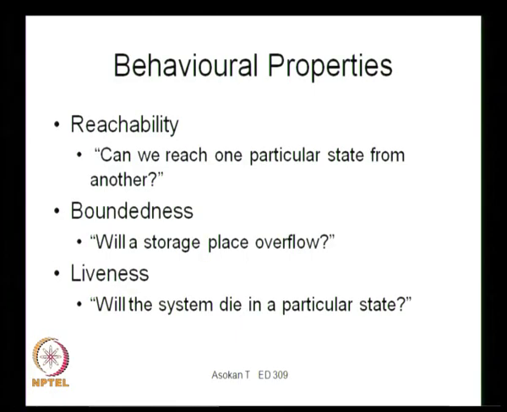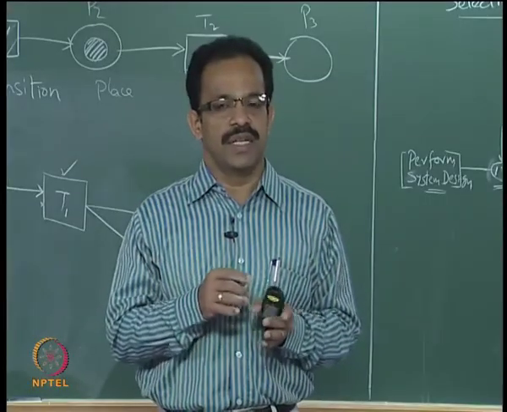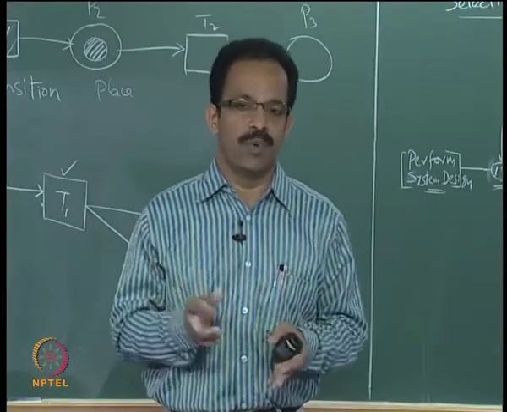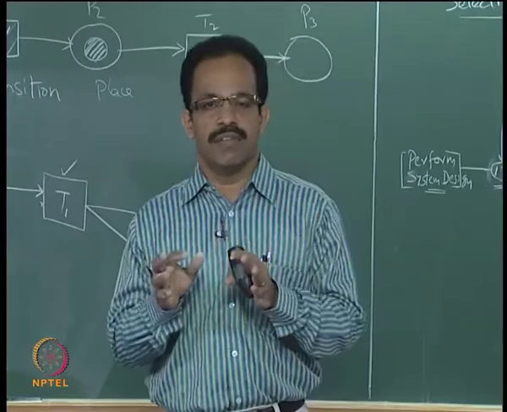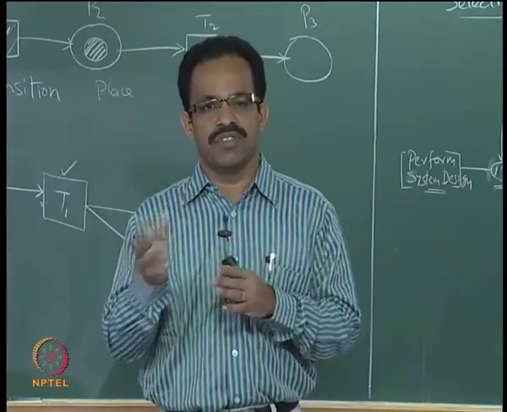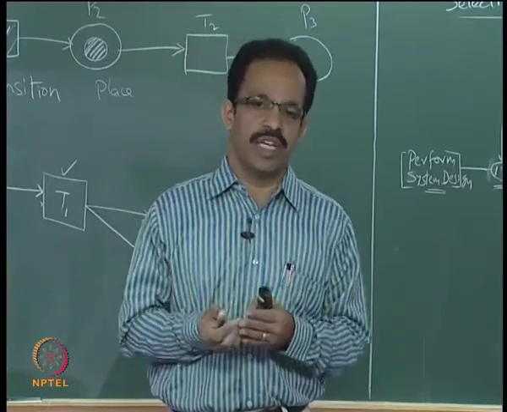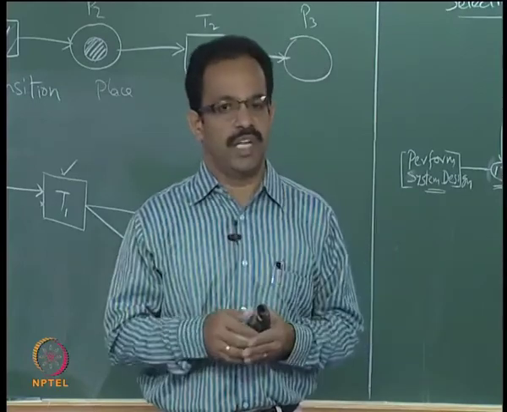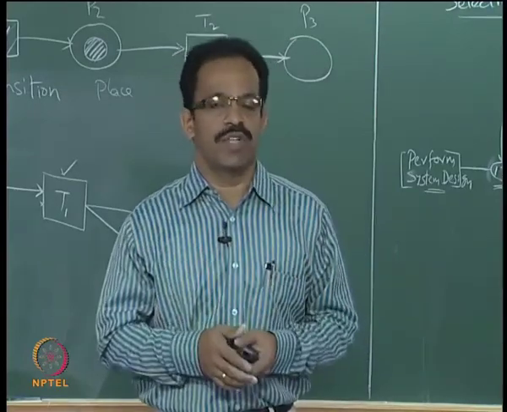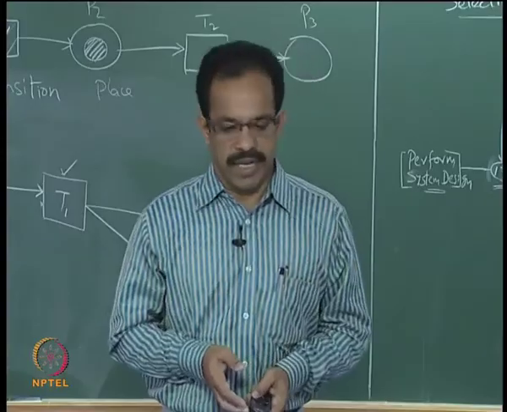Another one is the liveness of the situation: will the system die in a particular state? Will it go to a situation where we cannot get an output? There may be some situations that we did not intend, but if you analyze them, we will see that in some situation we cannot really get an output, or somewhere it dies and no output can be produced, because the required transitions are not taking place since the conditions are not satisfied. Such situations can also be analyzed using PetriNets.